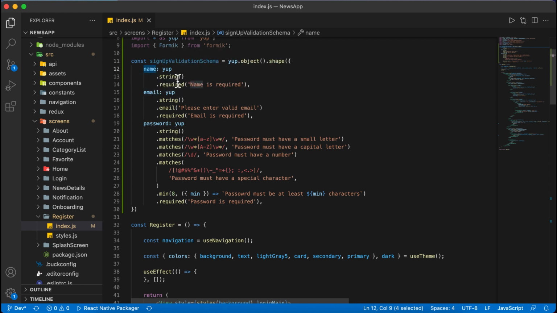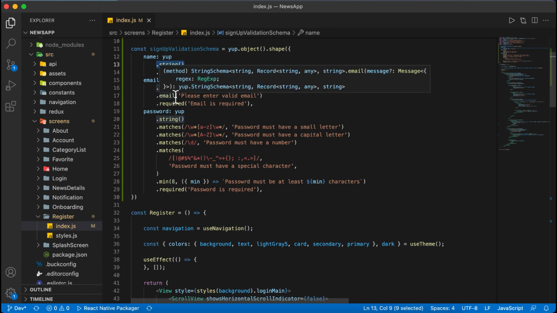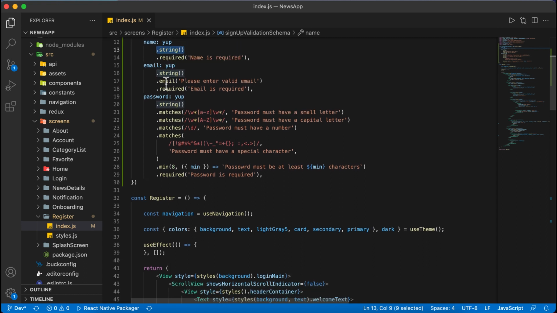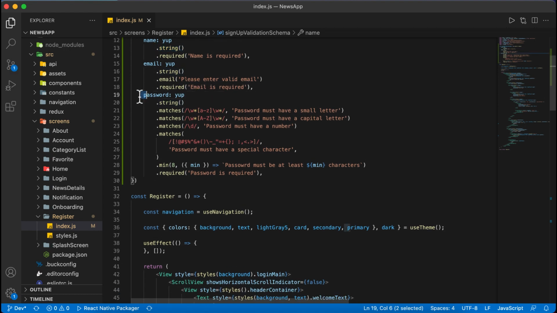So name is a string, and it is required. Then email is also a string and is of type email. If it is not an email, then it will display the error: please enter valid email. That's why the property is used. Then also it is required. And you can see here that for password we have used a lot of validations.